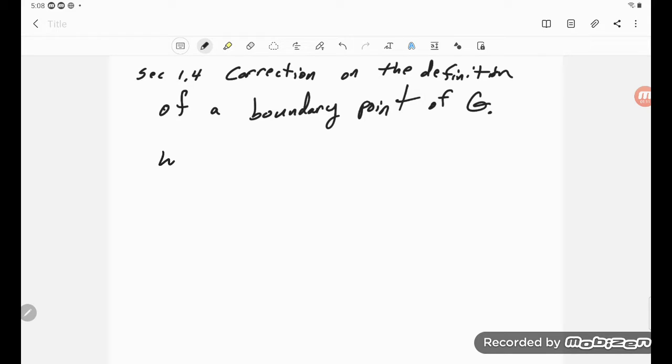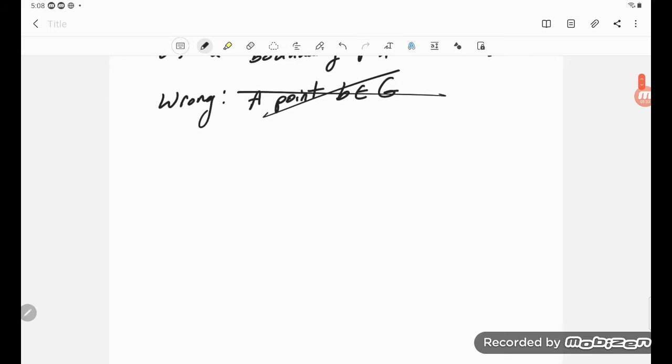So what did I do wrong? I had said a point, and I'll use a B this time since that's what they used, a point B in G, in the set. Okay, that was wrong. Because when we talk about the boundary of a set, the boundary points don't have to be in the set. So,